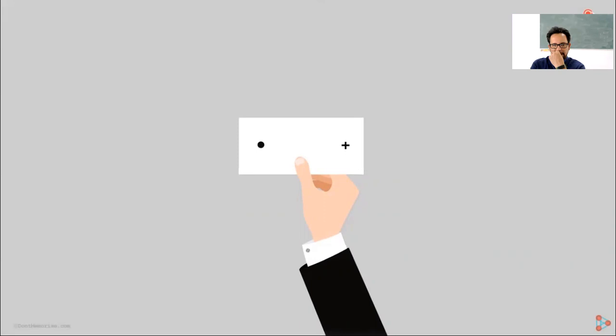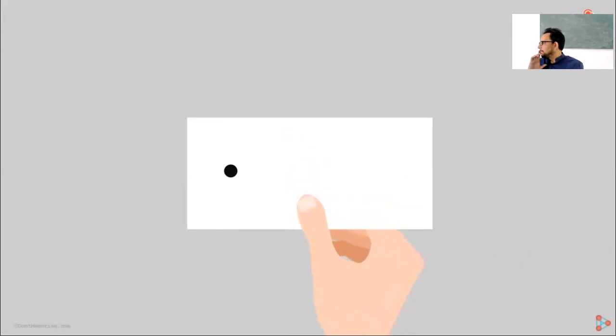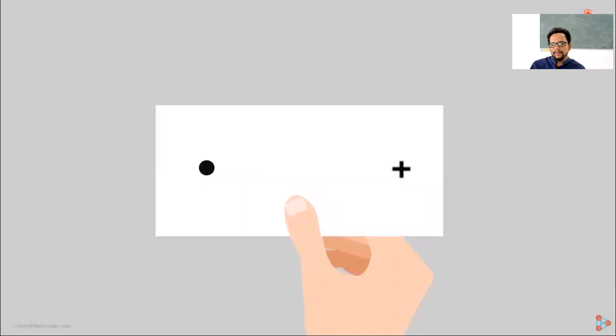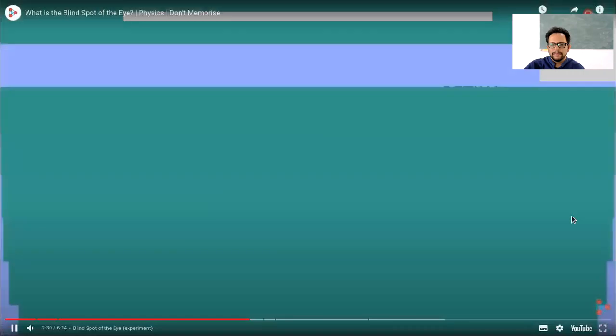Bring the paper towards you. Again, you will find that at some distance away from you, the plus sign disappears. At this distance, it will seem to you that there is no plus sign present. This distance is different for different people. And the other image disappears only at a particular distance. If you go closer, you will see the blurred version of the other image. And yes, even if you close your right eye and focus on the plus sign while coming closer, you will see that the dot will disappear. So next, let's get into the details of this and see how and why it happens.